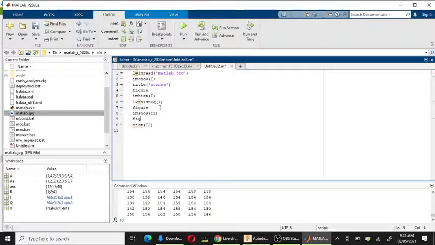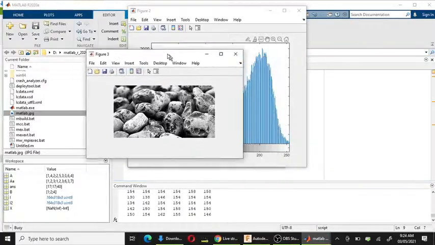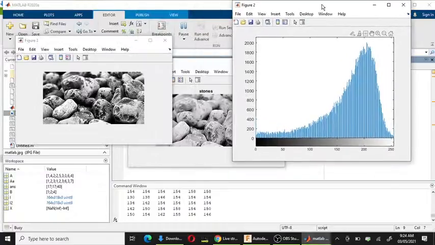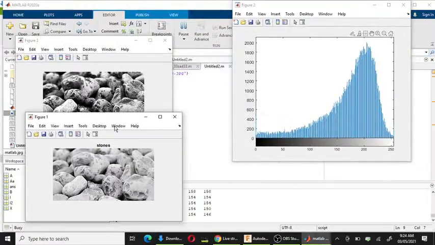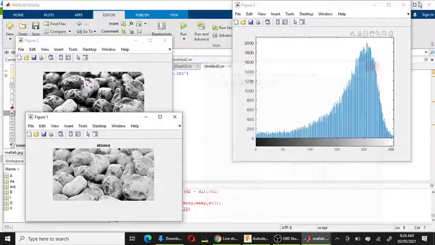Here we have to add one more figure. So now let's examine the pictures. Sorry, there is an error, I think.